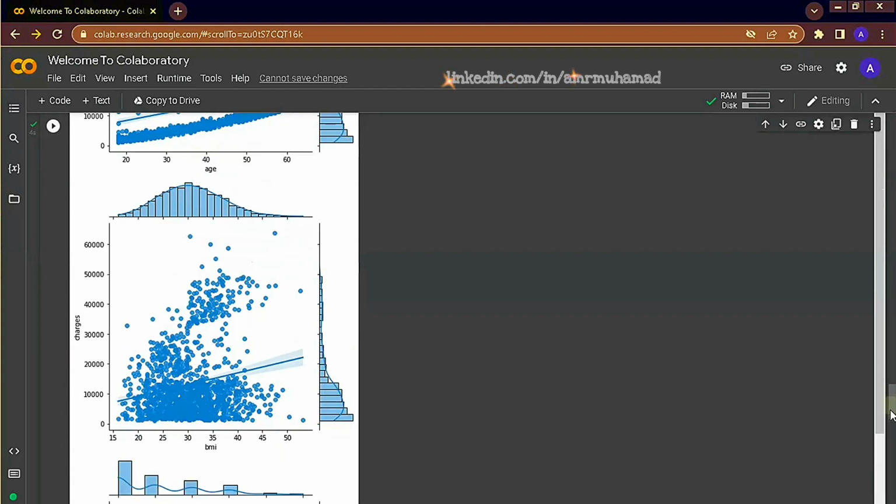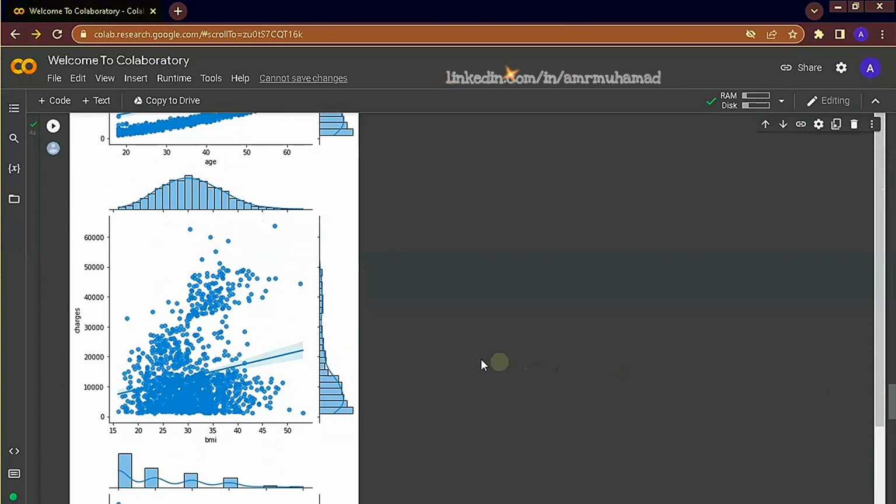And for BMI, we noted also two distinct groups and a difference in the amount of charges for customers having the same age. So all these things need to be further investigated to better understand our data and identify patterns.